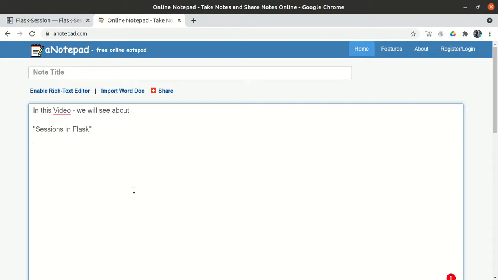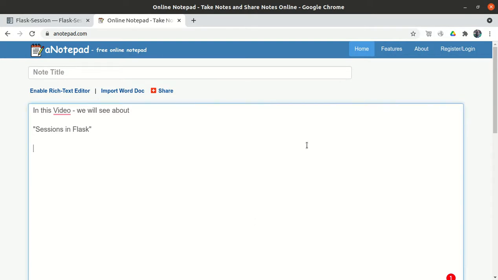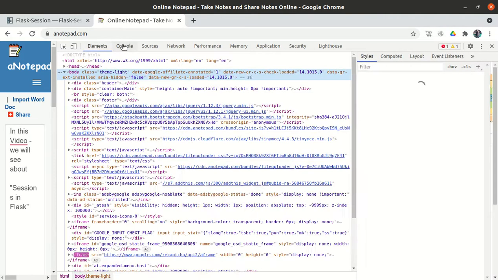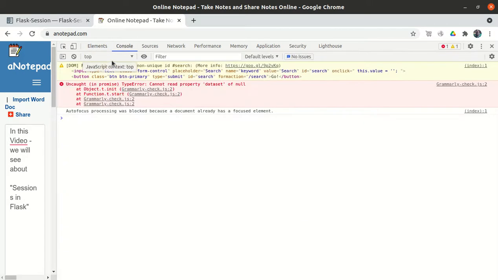So if you open the developer tools, I press F12 and the developer tool is open, you will see so many tabs here, like elements, console. In the elements we have all our HTML tags. In the console, if we write any JavaScript code, the output will show here.